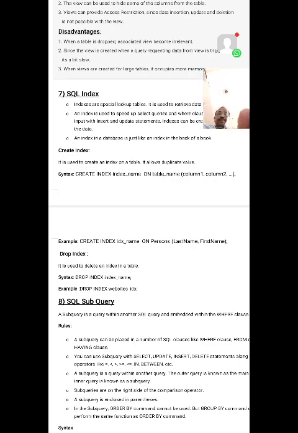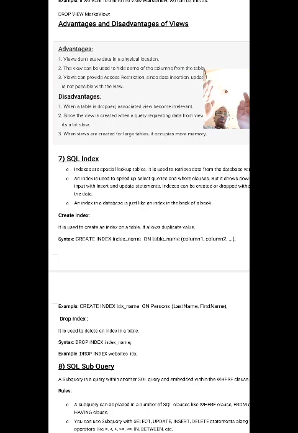Finally, once again I will repeat that indexes can be used to retrieve data from the database very fast. If you have a doubt, first create a table, insert a lot of records, and execute the query and see how many milliseconds or seconds it takes to get the information.